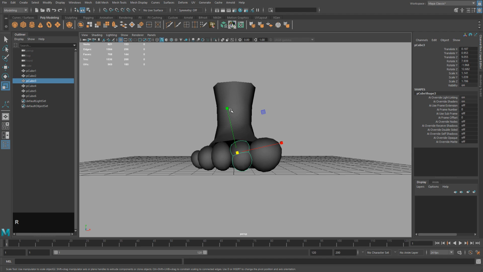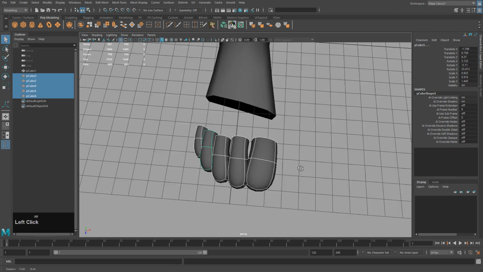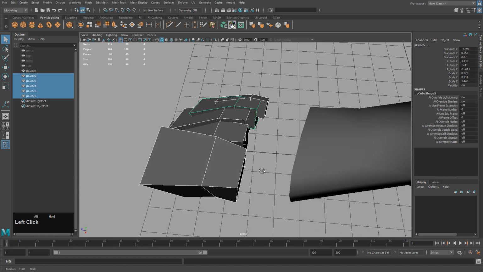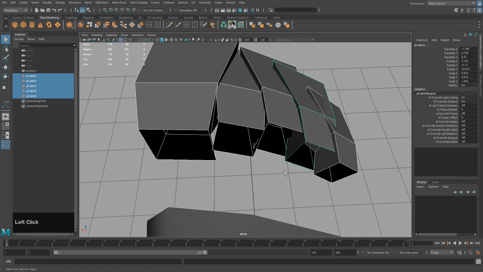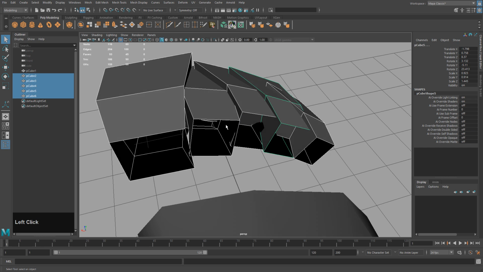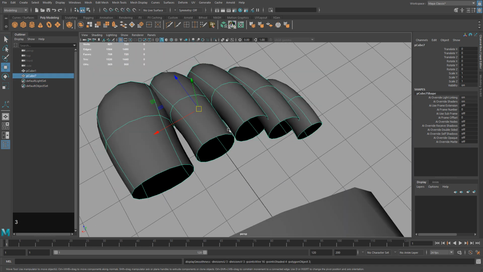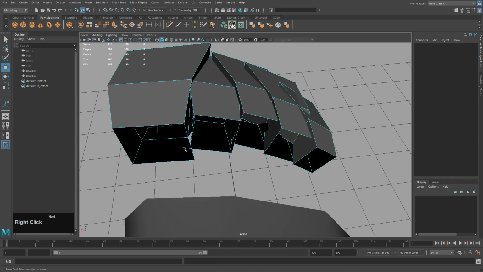Okay, that's good. Alright, if I press 1, they look like this. It looks like a mess, and that's okay. The next step is to select them and click Combine, which is this button here. It's also under Mesh Combine. There it is. It's going to combine them into one object, and then we just need to merge some of